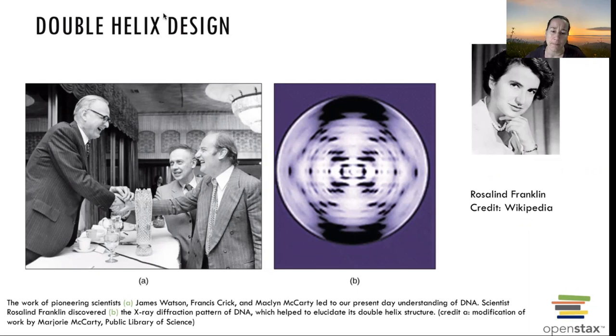So in the 1950s, there were some scientists and grad students, and we have Rosalind Franklin. Rosalind was working on a methodology called crystallography, where they use an x-ray and beam it through a crystal, and you can look at the pattern that develops. It shows up as a kind of shadow,